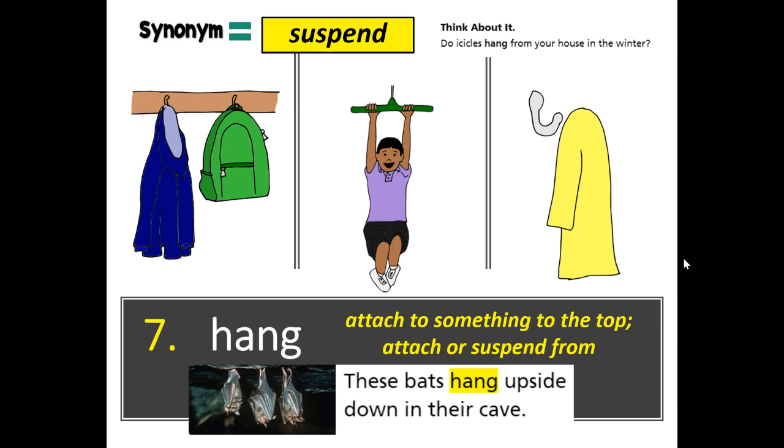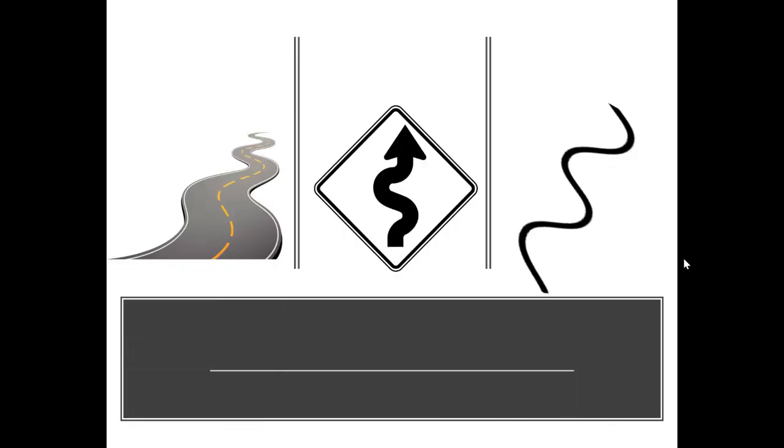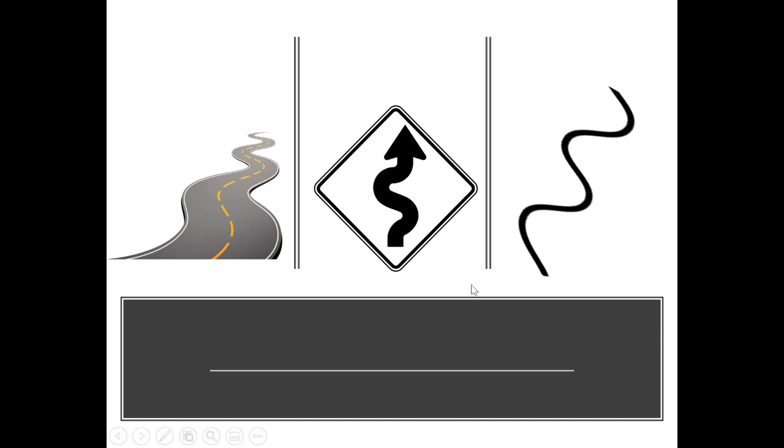And then if you need to, push pause to draw a quick sketch, or you can do that at the end of the lesson. Our last group of pictures, what do you notice or see? I notice or I see. Well, in the first picture, I notice a windy road, and the second picture is a sign of something that's curving or winding. And in the third picture, I notice a curve or line. So how are they all the same? They all